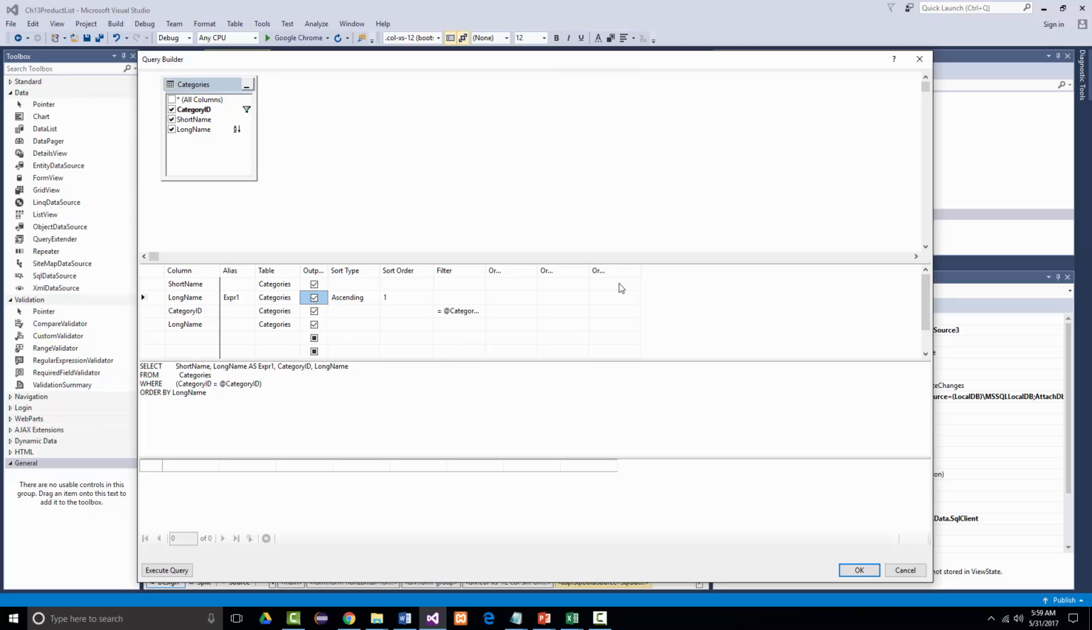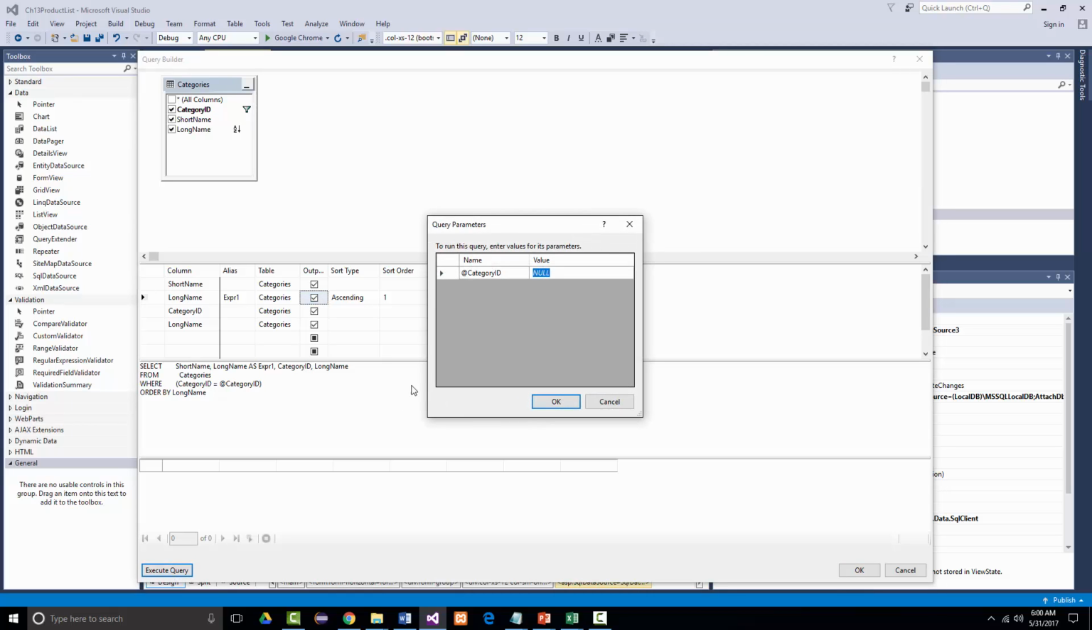This second box is called the grid pane, and that shows everything that's been selected. The third pane is the SQL pane. This is what's actually been generated. And if I want to run the query, I can get the results down here, because this is the results pane down in here. So if I click execute query,